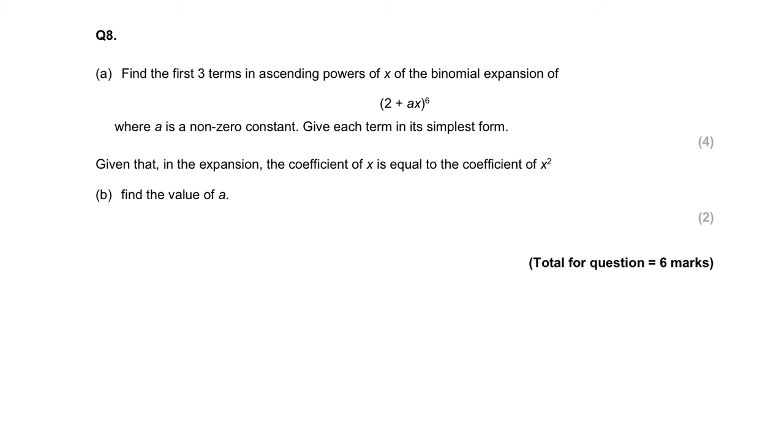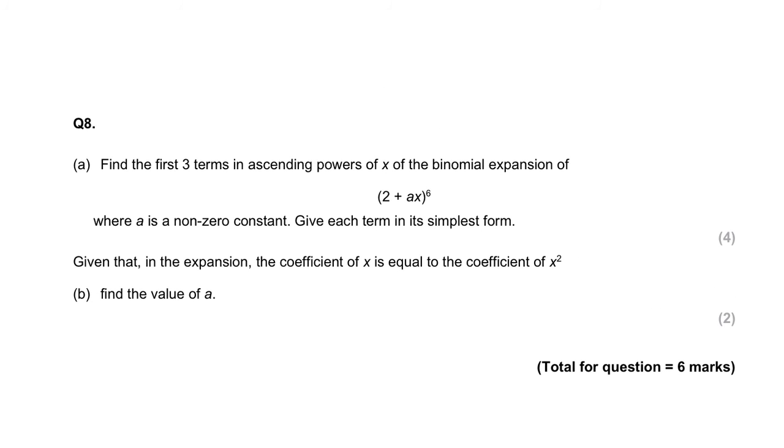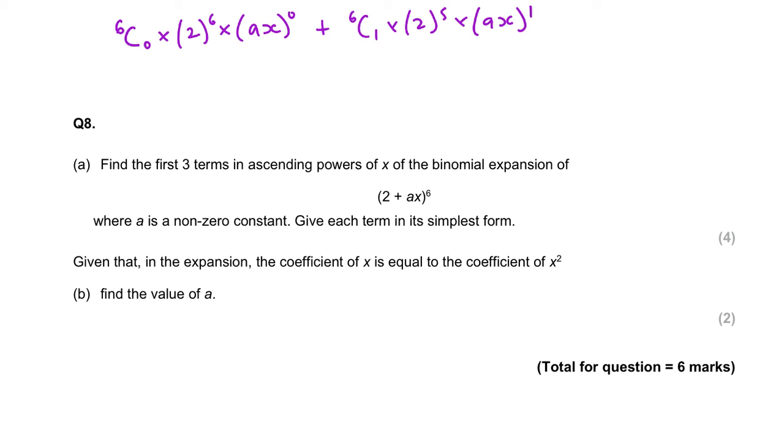Okay? Question 8. Another type of problem-solving question. So we need to be able to expand this, so we're going to expand this as quickly as possible. Okay? It wants the first three terms of (2 plus ax) to the 6. So we're going to get 6c0 times 2 to the 6 times ax to the 0. Okay, we know this is just going to give us 2 to the power of 6 plus 6c1 times 2 to the 5 times ax to the 1. And then we're going to have 6c2 times 2 to the power of 4